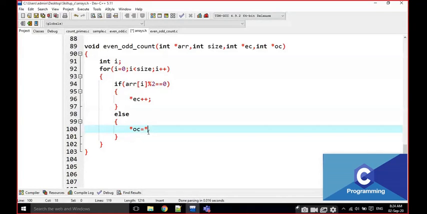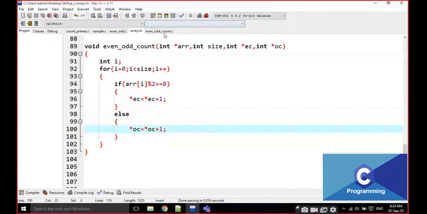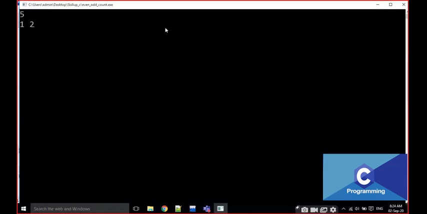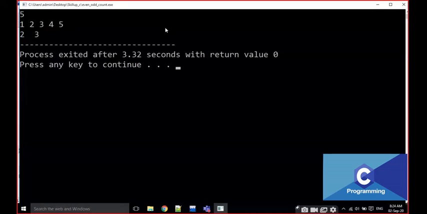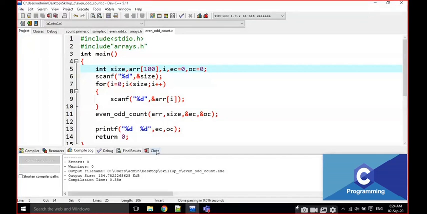Star oc is equal to star oc plus 1, star ec is equal to star ec plus 1. Going to execute it: 5, 1 enter, 2 enter, 3 enter, 4 enter, 5. The output is going to be 2 and 3. The increment and decrement operators are not working on the pointers.